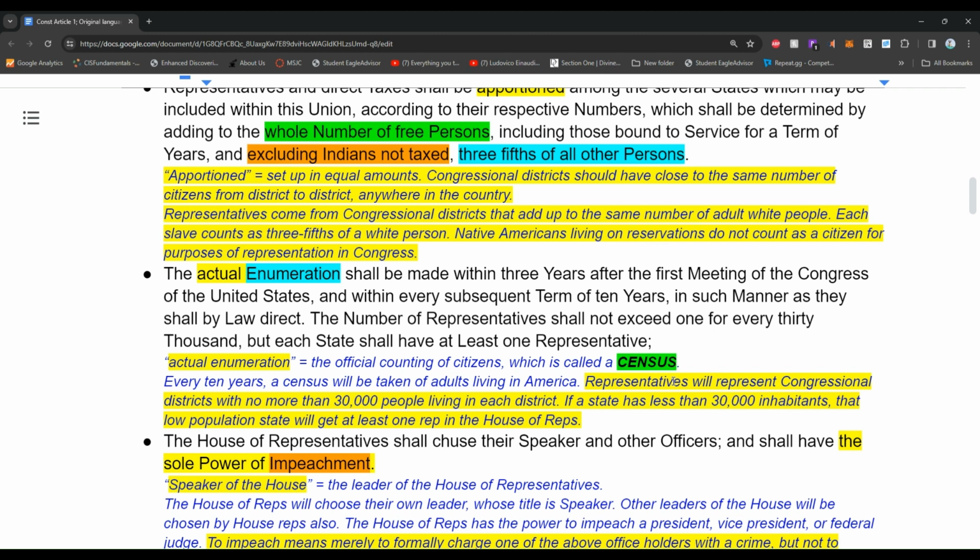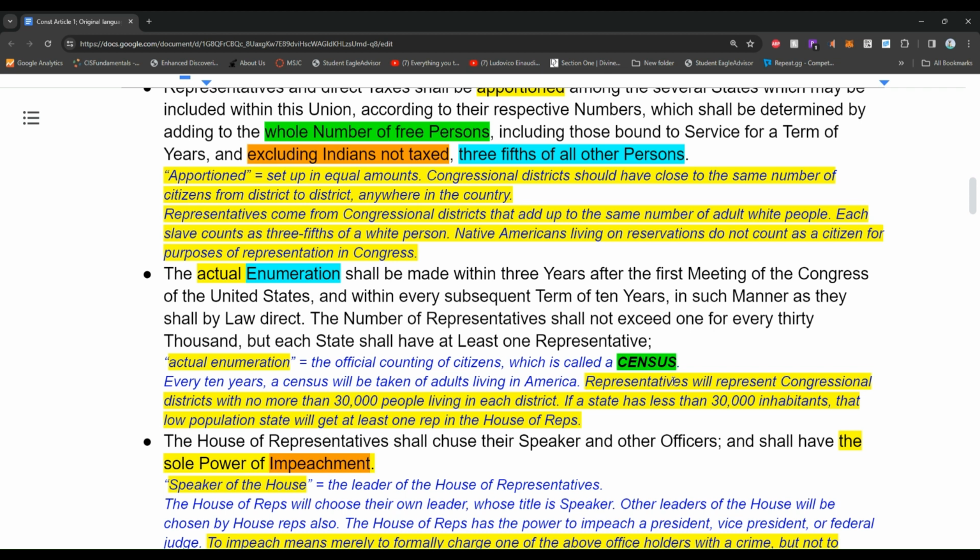it talks about, okay, each state has so many people in it. How do we find out how many people are actually in a state? How many citizens does a state have to then judge how many representatives need to serve in the House of Reps? Well, if you look at the word enumeration, kind of right there in the middle, you can see numere, like numeral, which means number. So the actual enumeration means the official count of citizens.